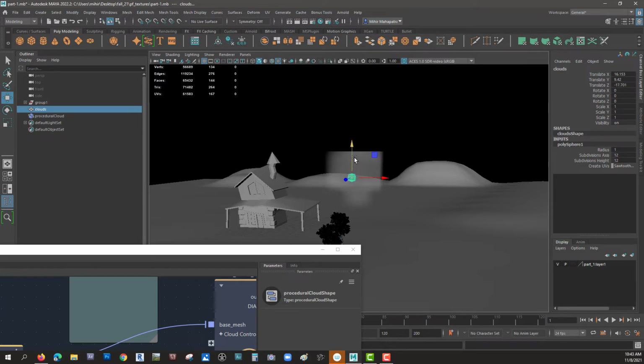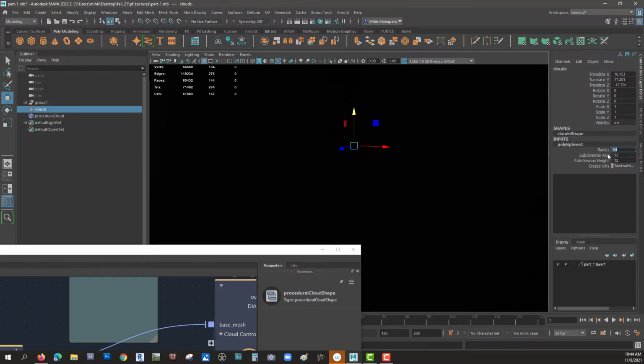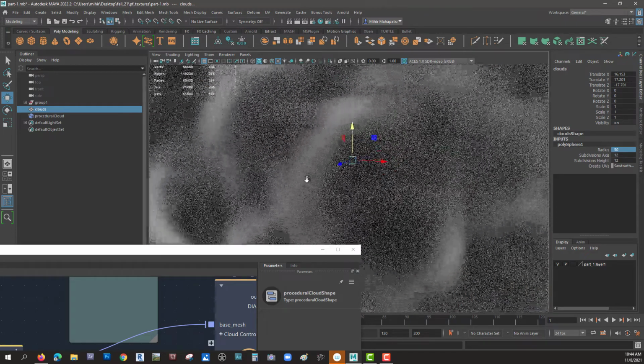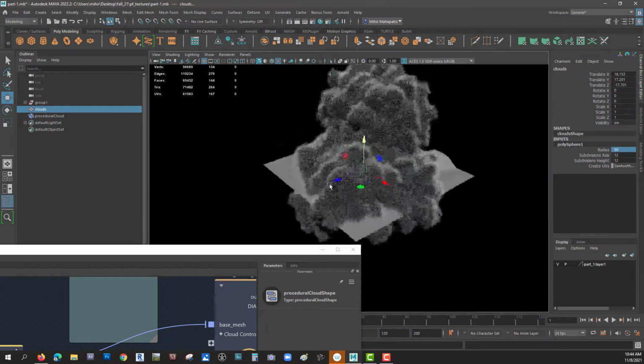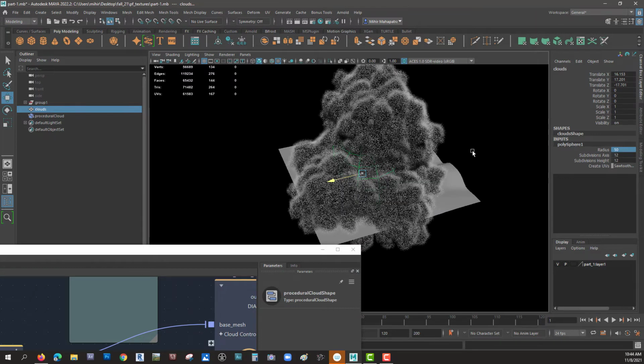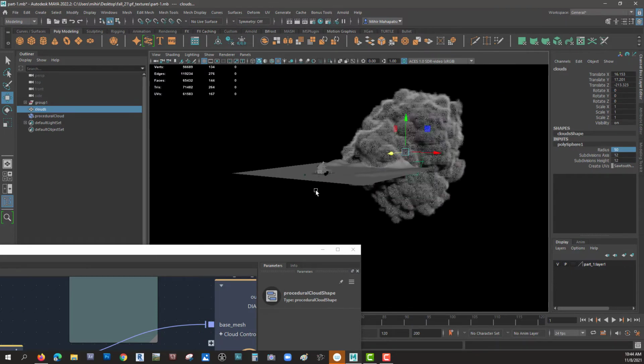So what you will see is, if I go to my cloud, you can clearly see that's my cloud. And how big? Probably I'm going to increase this one to say 50. Let's not make it way too big. I'm going to push this sphere. The moment I start pushing it,